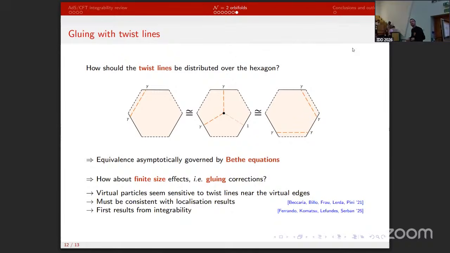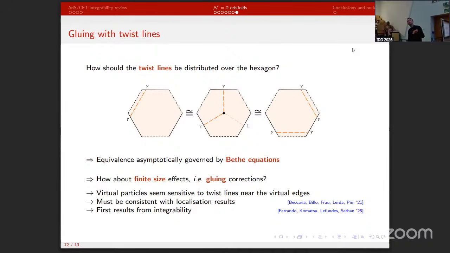But of course, what happens if you consider finite size corrections? Because I told you earlier, if you glue, you put them on these dashed lines here. And then these particles seem very much sensitive to these twist lines. But of course, this has to also be consistent with localization results in the literature, where there was already